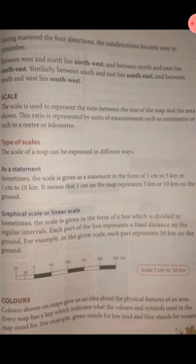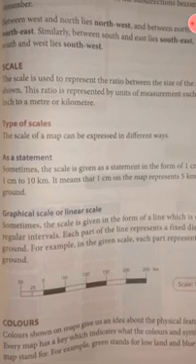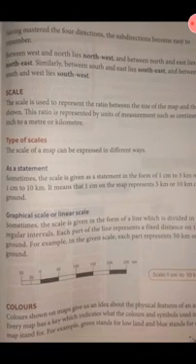And the types of scales: the scale of a map can be expressed in different ways. First of all, the first type of scale is a statement. Sometimes the scale is given as a statement in the form of 1 centimeter to 5 kilometers or 1 centimeter to 10 kilometers.